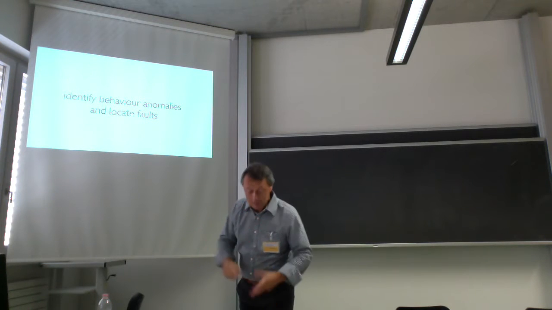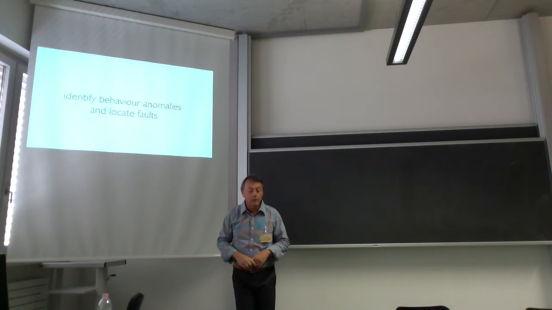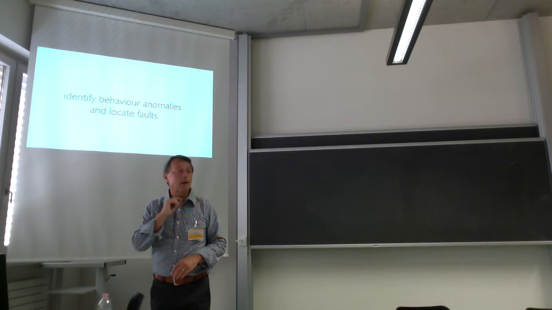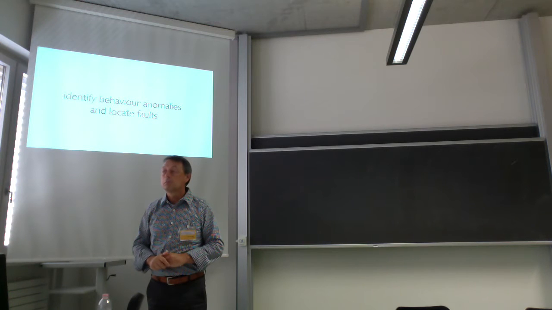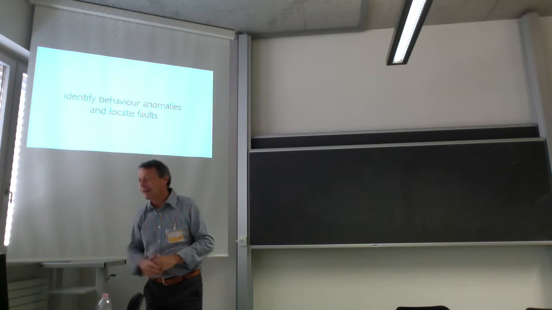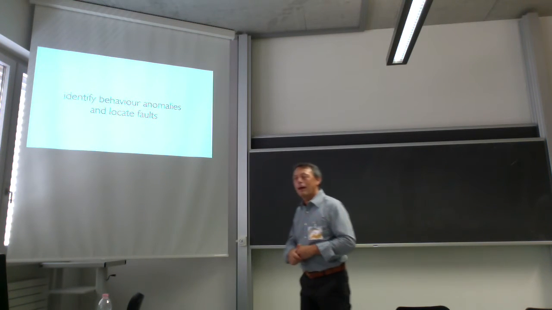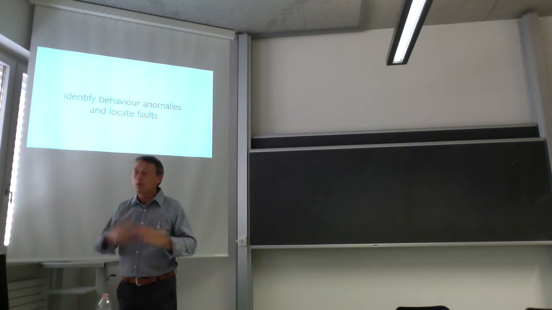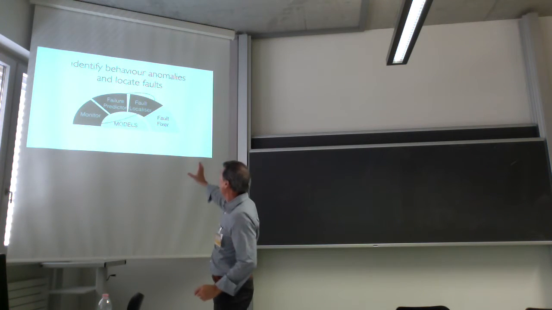Why is it important? The next step is, can we use the models to identify behavioral anomalies and locate failures? And I say anomalies and not failures, because the key issue is that I would like to understand whether I can look at something that is not natural. A system crash is easy, we don't care. We do care, actually, but we don't need our system to care about it. It's a subtle problem: behavior that we have not experienced before, but which is related to a bad system. And can we say what it is? So basically, we move to that part.